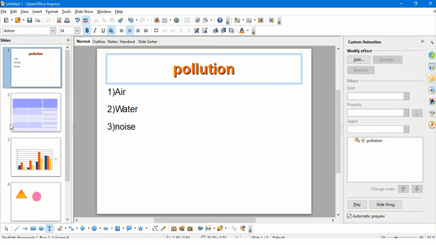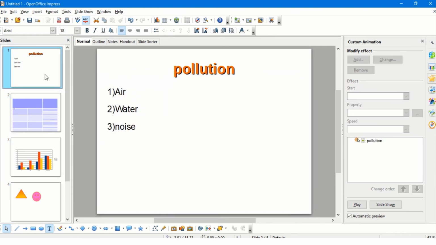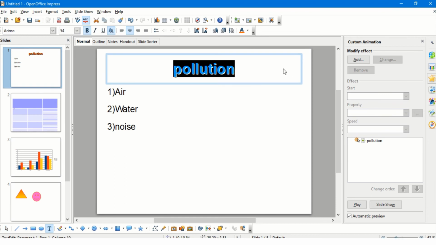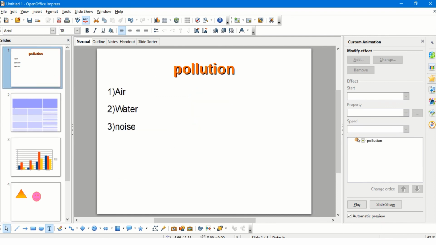Once all the contents of my slides are ready, that is I have inserted different objects, I have given text, paragraphs, etc., I can make my slide more attractive by giving animations and transition effects to the slide. Animations are nothing but the different types of graphic options which are available to animate the different contents inside a slide. That is the titles, the graph, or whichever objects I've inserted, I can give different types of animated effects using the custom animation.